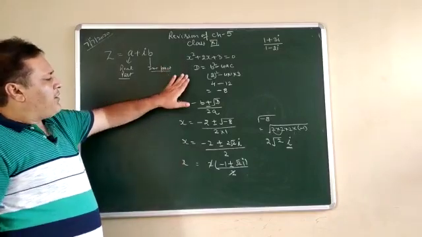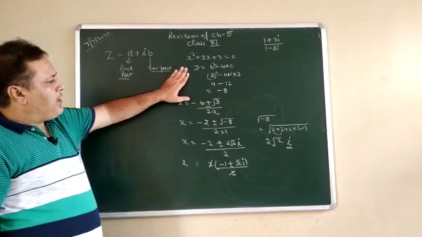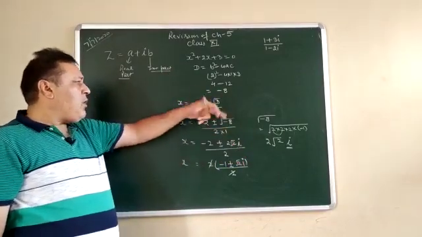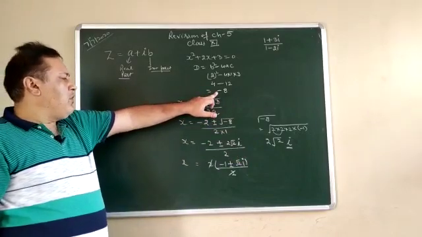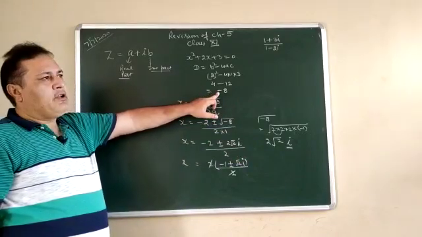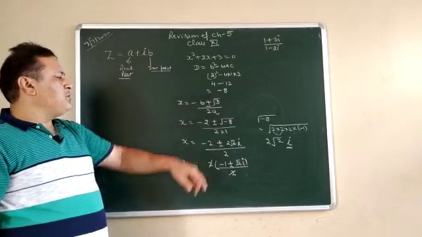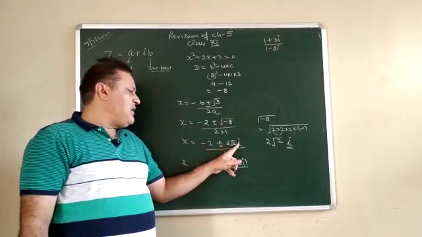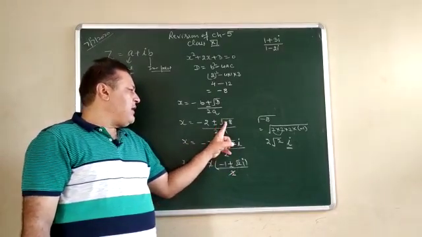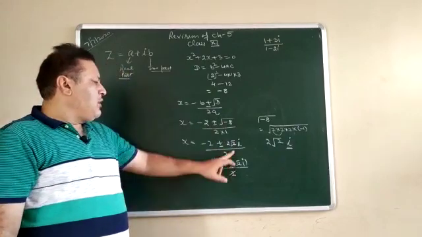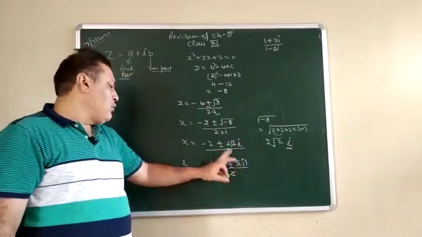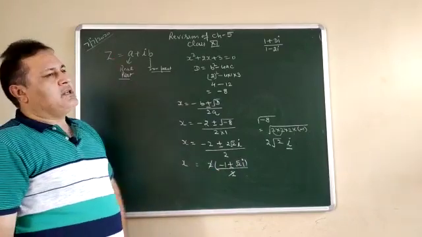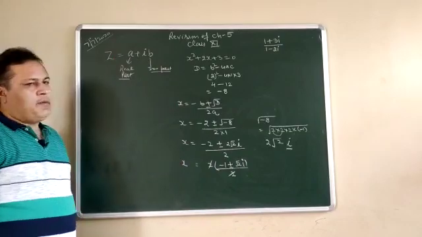Whenever a quadratic equation is given to you, you find out the value of D first. If the value of D is negative, then you say roots are real or imaginary. It depends upon the value of D. If D is negative, then definitely roots are imaginary. If it is possible to find the root, then you can. Otherwise, minus under root makes the result iota. Remember that this negative can never come outside. So it becomes 2 root 2 iota upon 2, and then you are able to find the value of x. So a complex number is a combination of real part and imaginary part.